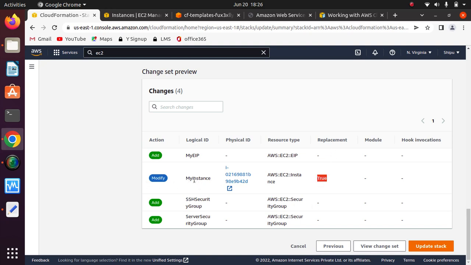It means that this has to be deleted. Then a new instance will be created and my EIP, meaning elastic IP, will be assigned to that new instance, and those security groups, that is SSHSecurityGroup and ServerSecurityGroup, both groups will be assigned to the same instance, right? So there are 1, 2, 3 resources, and the fourth one is the instance itself. So there are a total of 4 resources in use. So I update the stack,